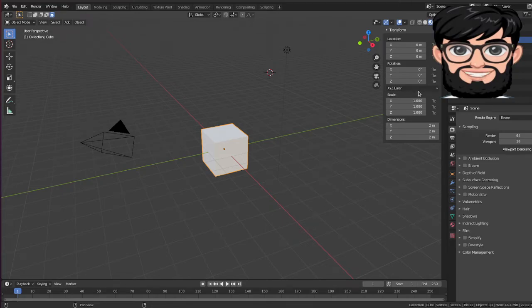Another one is the N, which is where you can transform, scale, and change the dimensions. So N is like in number, and you can change things in the numbering. So if I change the location here,